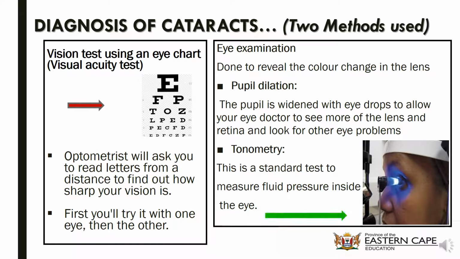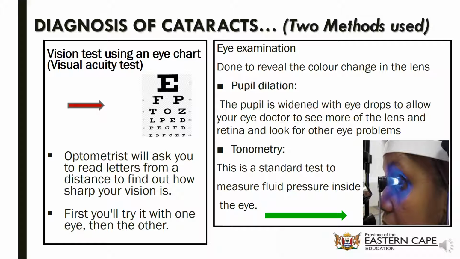So how are we going to know that you've got cataracts? If you visit an optometrist, the optometrist will run a couple of tests. The first one is what we call the vision test. I'm sure most of us have seen this chart before, where you sit there and the optometrist will ask you to read off letters, and we call it the 20/20 vision. You must get a certain score to say you're not suffering from cataracts. So you read the letters from a distance, and this is to find out how sharp your